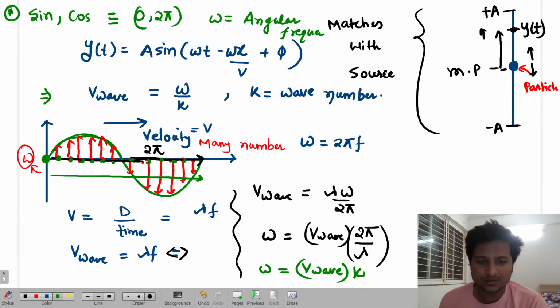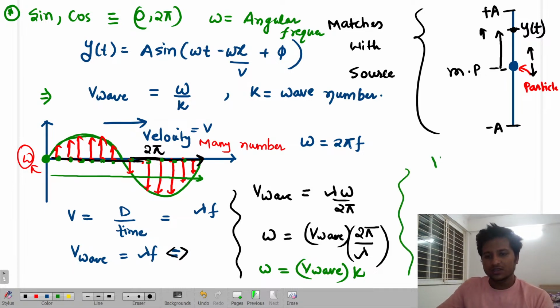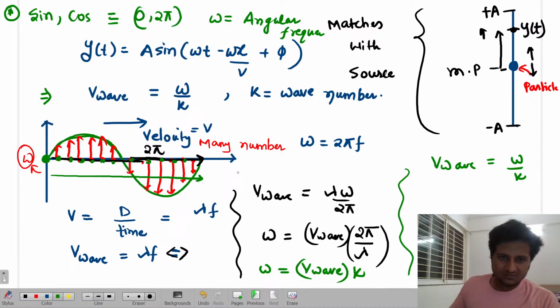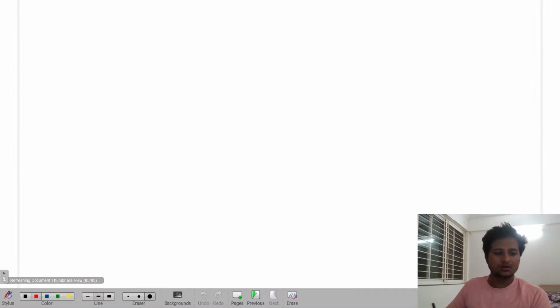Is that clear? So this is defined as velocity of wave. Now, velocity of wave I can write as omega by k. Then the wave equation, meaning the displacement of the particle, is written as